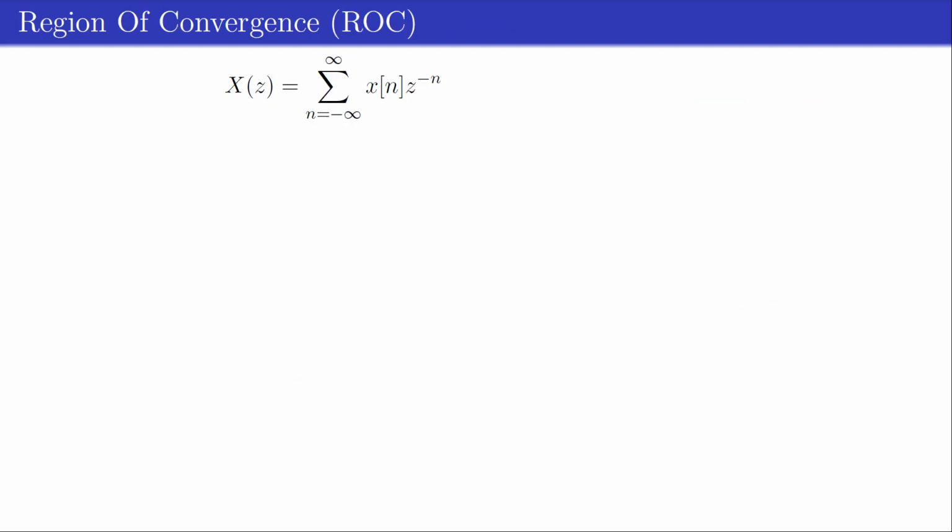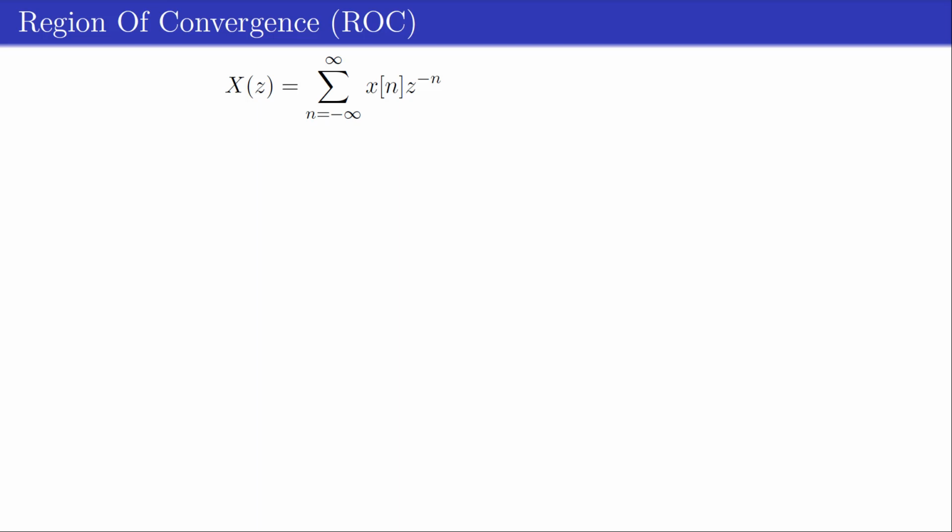As introduced before, the z transform is defined by the given equation, in which z is a complex variable. The values of z for which the sum converges define a region in the z-plane referred to as the region of convergence, abbreviated as ROC. In the sequel, we will show that this region of convergence of the z-transform is an important concept for a